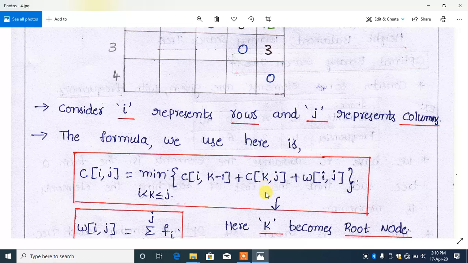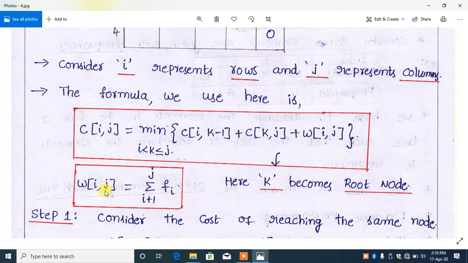Here k becomes the root node, and W(i, j) is equal to the sum from i plus 1 to j of fi, where fi means the frequency. C(i, j) represents the cost, and W(i, j) represents the weight.